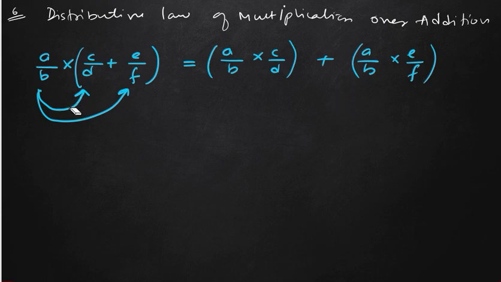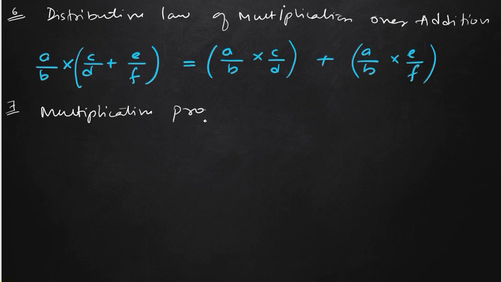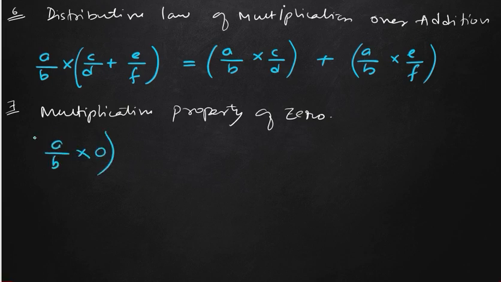So you can see the example also. If you find any difficulty, then you can contact me. And the 7th property, the last property of multiplication, is the multiplicative property of 0. That means that if you multiply 0 to any rational number, whether you pre-multiply or post-multiply, the answer will be 0, because 0 into something is 0. That is the multiplicative property of 0.